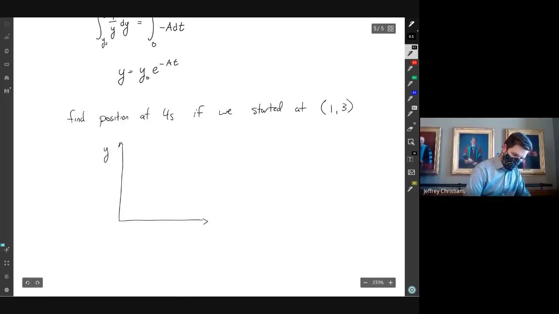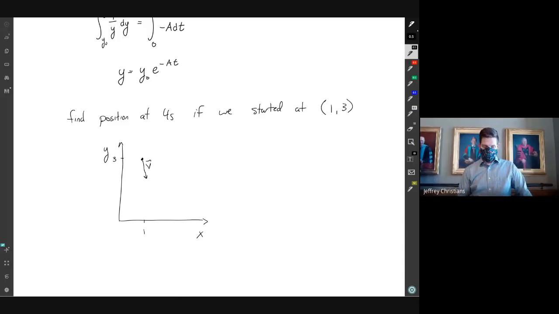This would be our y-axis, this would be our x-axis. We're up here at 3, down here at 1. Remember, initially we're going in this direction, v. Our final position at 4 seconds would be